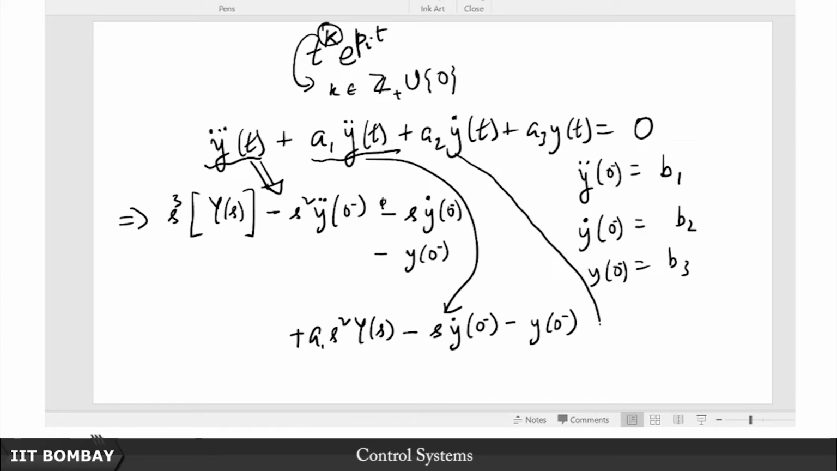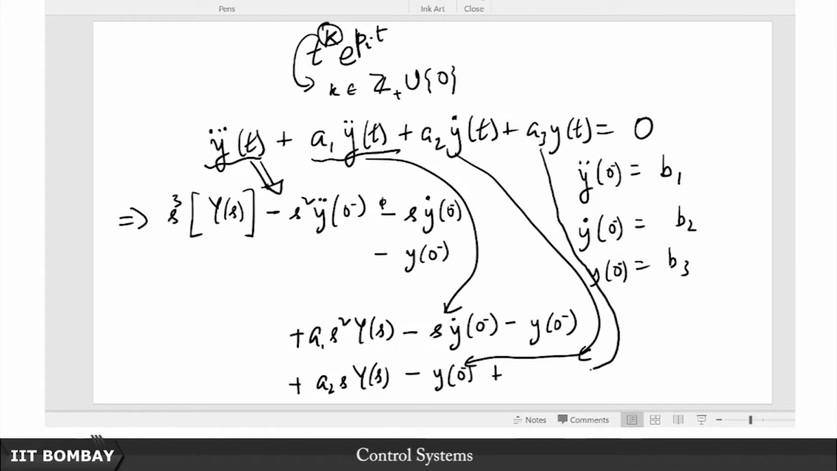And then you have finally this term, plus a2 s y of s minus y 0 minus. And finally, of course, the last term, which is nothing but just a3 times y of s, and this entire thing is equated to 0. Now, if you want to find out the response due to these non-zero initial conditions, you take out all the terms that I am underlining with blue here to the right hand side,